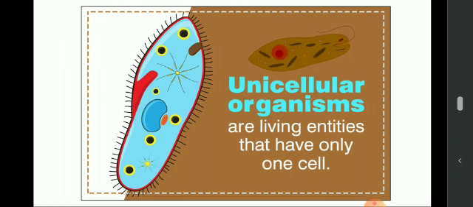Now, the cell is the building block of a living organism. As you can see, in some organisms there is only one cell, like in amoeba or paramecium. This figure is of a paramecium. It is only single-celled, so these organisms are called unicellular. Uni means one and cellular means cell. In these organisms, a single cell can perform all the functions like capturing food, digesting, respiration, excretion, growth, and